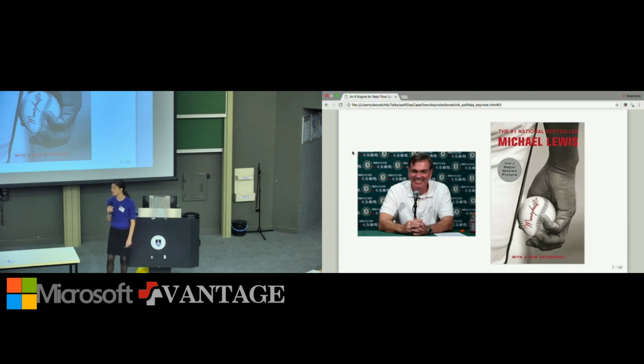Another important key to this story was the hiring of Paul DePodesta, who was a graduate from Harvard, studied econometrics, also loved baseball, but effectively a geek, who Billy Beane was willing to bring in to the scouting room. And at that time, you have to appreciate, scouting was primarily done by a lot of old guys who had been watching baseball all their lives, probably played before they took their scouting role. And they were basing a lot of their judgments on talent, just purely on gut. So really, no sort of science was being used.